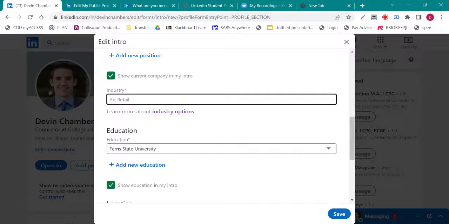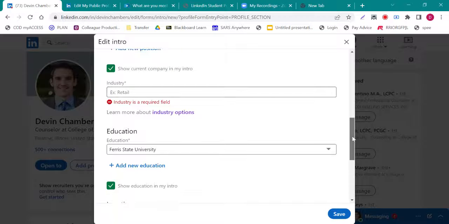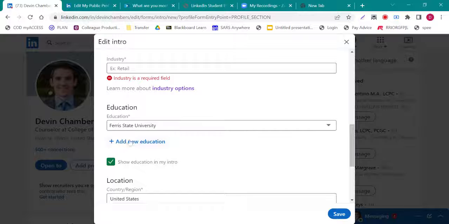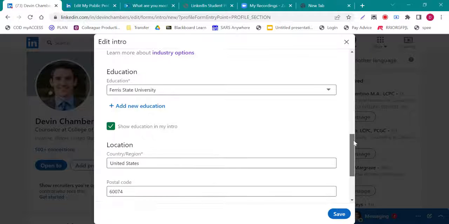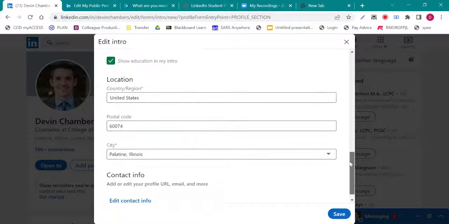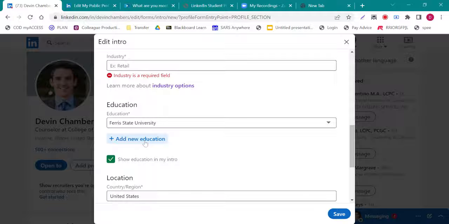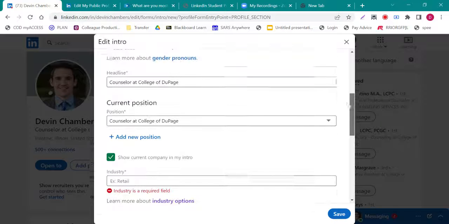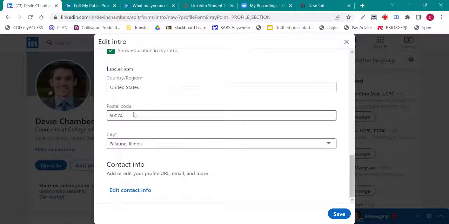You're in higher education technically because you're a student, but don't worry so much about that right now. And then education, this is going to be your current school, and then I'll show you later how to add more schools. This is a quick way to add education experience, but I'll show you the other way later. And then location.